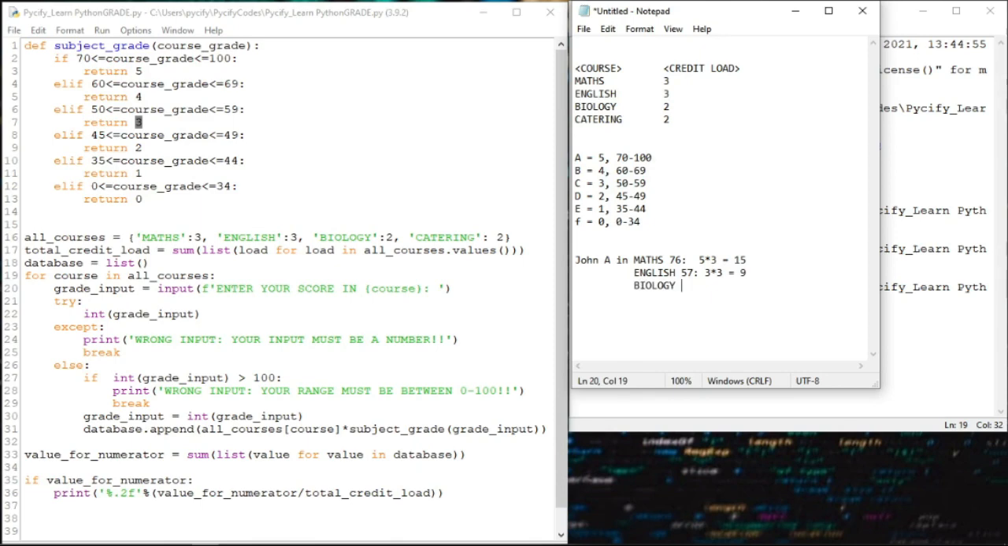Let's assume John had 78. Okay, so now 78 is between 70 and 100, so that is 5, right? So I have 5 multiplied by the credit load for biology, which is 2, and I'm going to have 10. Okay, so for the last one, Catherine, we assume John is not very good at Catherine, he will get a